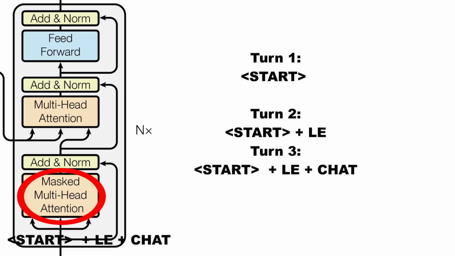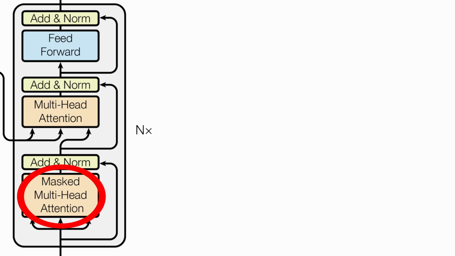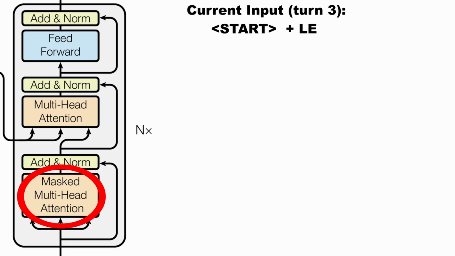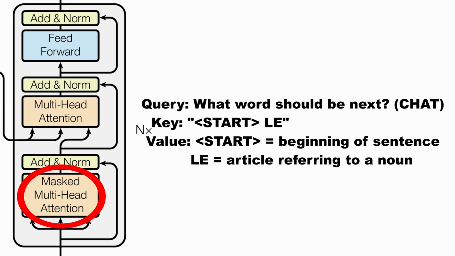Since turns 1 and 2 are quite abstract and harder to visualize, we'll begin our example at turn 3, where the decoder is now trying to generate "chat". This decoder sublayer creates query, key, and value vectors, but this time they all come from the decoder's own past outputs. For our current turn, generating "chat", the query is what the word should be next. The key comes from the previously generated words, like start and "le", and the value is the actual information content from those words. So this masked attention layer says, given what I've written so far, what should I write next that would